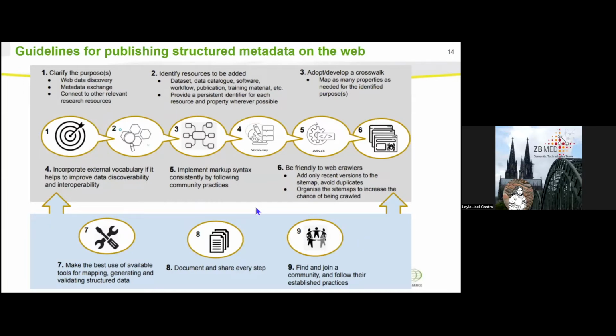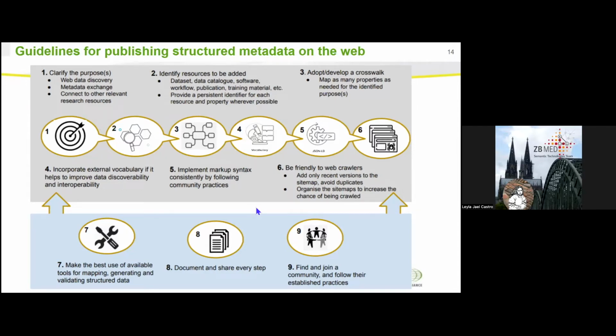The first thing is knowing why you want to publish structured metadata on the web. You need to have a goal, and you need to have clarity on that goal, on that purpose. Then you need to identify which resources you want to add. You could have data sets, but you could also have data catalogs or data repositories. Maybe you also have software or any other sort of data, any other sort of digital object that you want to publish. And all of them are very important, following the FAIR principles,